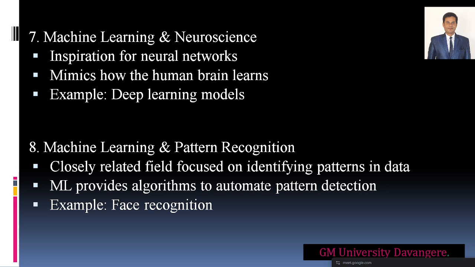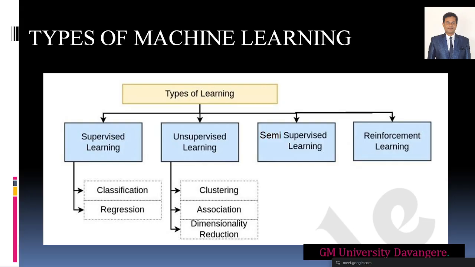Okay. Similarly, we have face recognition and pattern recognition also, right? Based on earlier patterns, you try to identify the patterns in the data, which is closely related with the focus given by the users, right? So if you see the types of machine learning, we have supervised learning, unsupervised learning, semi-supervised, and reinforcement learning.